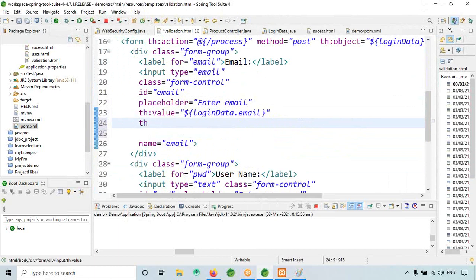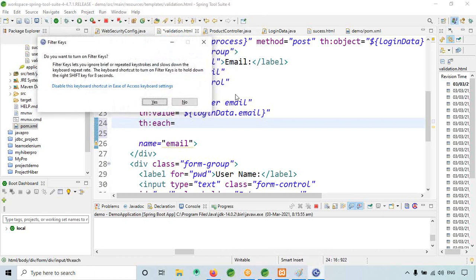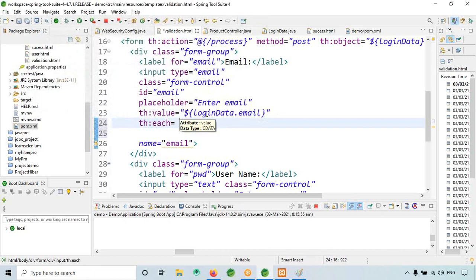So th colon, th colon each, okay, each error. I will do one thing, I will put this in a div tag. Yeah, I think it's better I put this in a div tag.